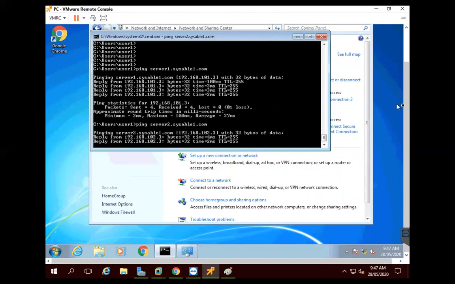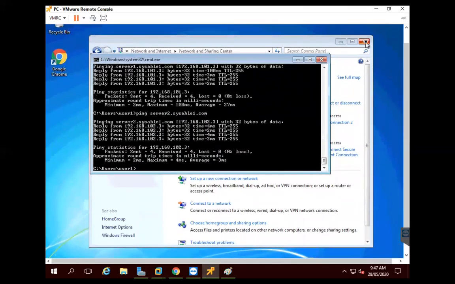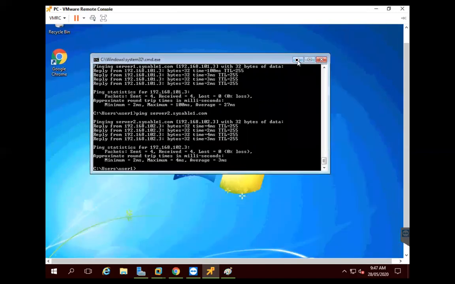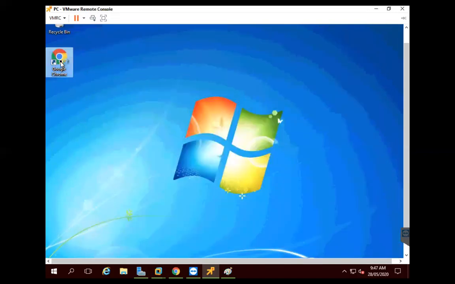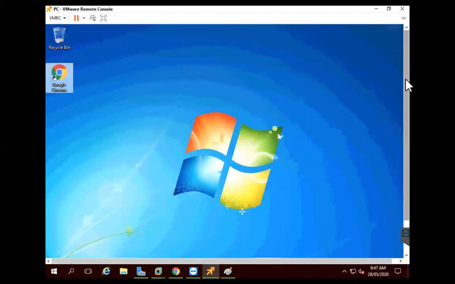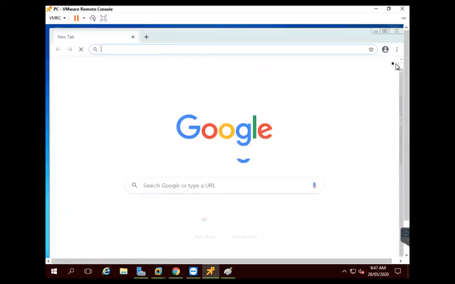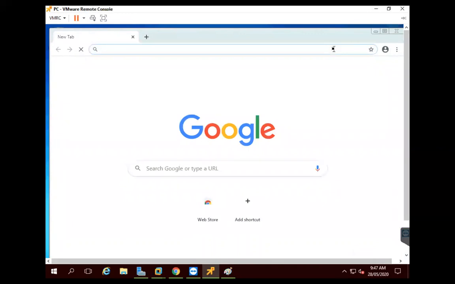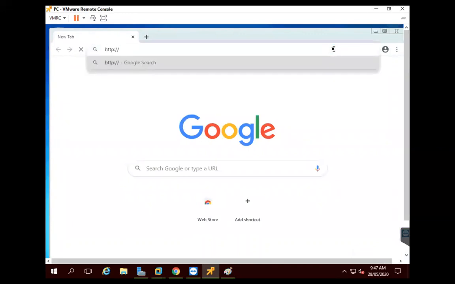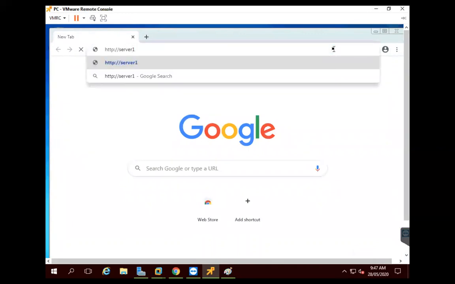Yep, done. So what I will do, I will close this window and minimize this one, and I will click on Google. I will open my browser and I will access the servers from my client PC. Right, so here I will type HTTP server 1.